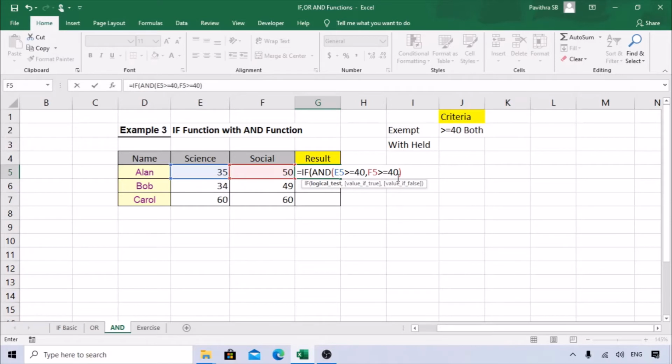So now the logical test is done because we have added the bracket. So we need to add a comma. When you add a comma, it moves into the true part. So what is true? If both the criteria are met, then it should be exempt. So we can directly go ahead and select the cell, or you can type it here. Next comma. So it's asking for false. What is false? Withheld. If it doesn't meet the criteria, it should be withheld.